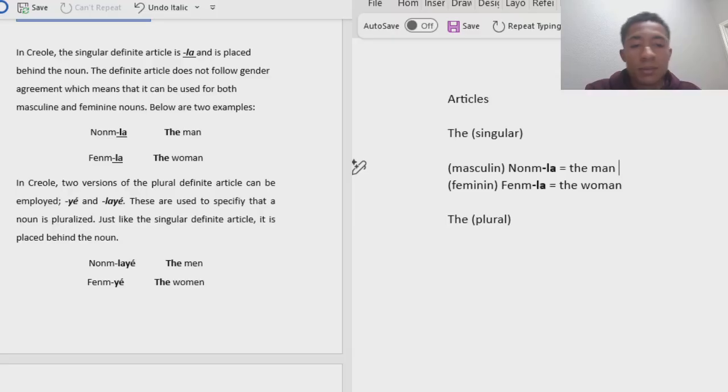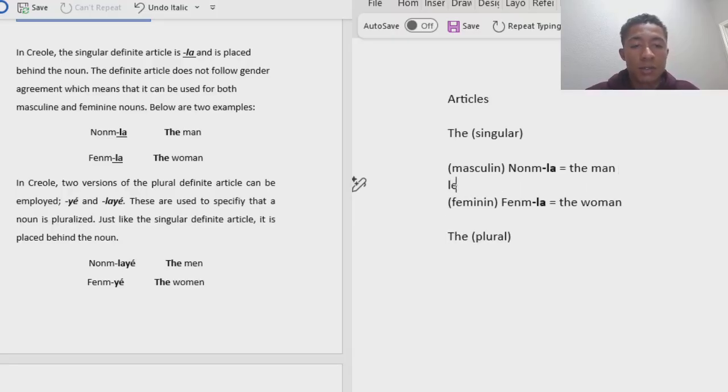Nom la, femme la. And usually that means that they have to correspond with their correct genders. So in French you might have le and you might have la. Now the thing is in Creole, in certain dialects, you also hear this. A lot of times you hear this on the Bayou Teche. So for instance, you might hear